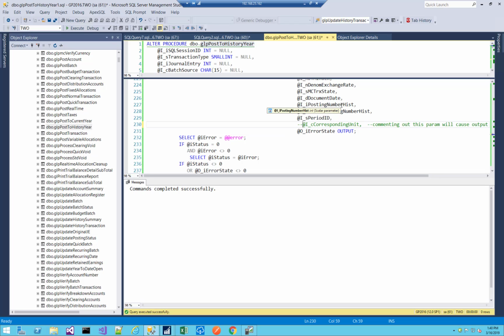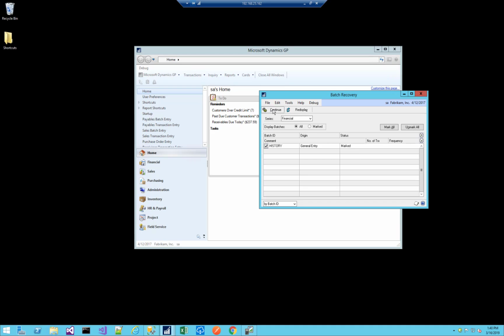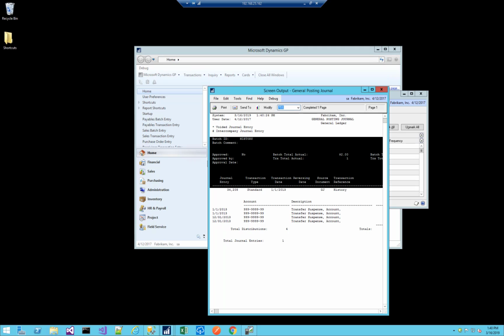So I was able to script out this original stored procedure from GP 2016. We were able to run that procedure against the database, and once we had restored that corrected parameter, the batch was able to post successfully. So that was a winding journey in order to discover the cause, but fortunately we had a couple of key tools that we were able to use, and we also had a lot of context to understand what might have